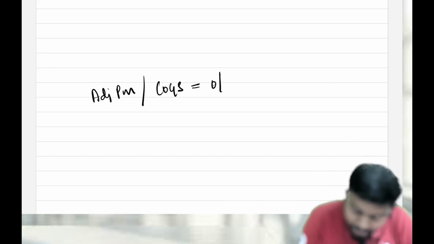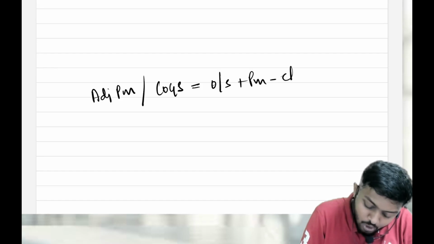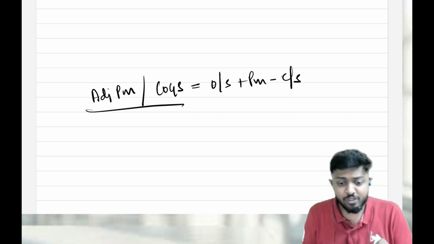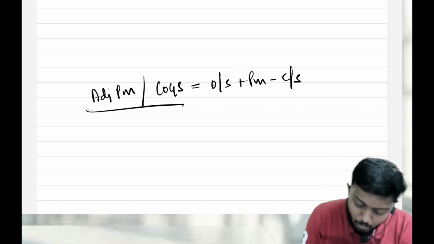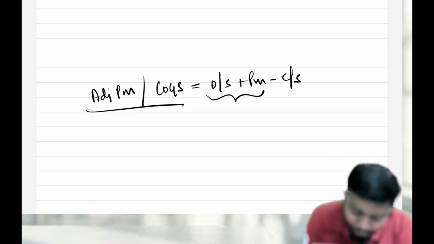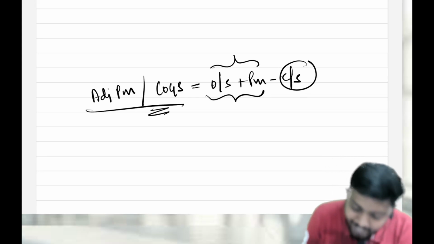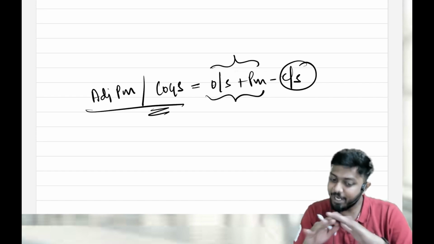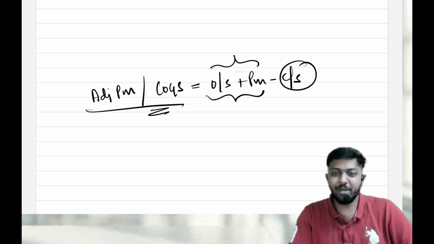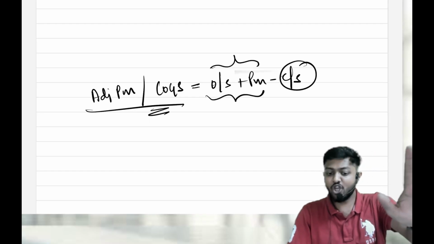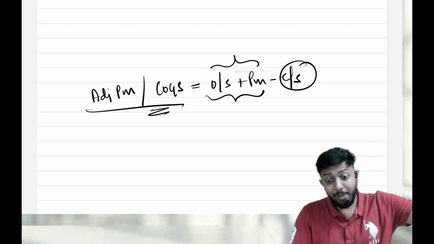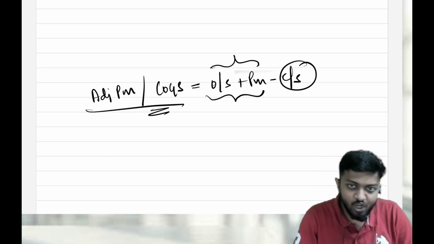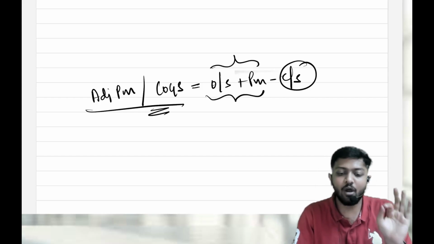COGS is opening stock plus purchases minus closing stock. Correct? Sir, why can closing stock come if adjusted purchases is used? Because closing stock is represented by opening stock plus purchases. But in COGS, from opening stock plus purchases, you have subtracted closing stock. Since you subtracted the closing stock, now opening stock and purchases are not representing closing stock. So closing stock generally cannot come to the trial balance, but if adjusted purchases or COGS is given in the trial balance, then closing stock can come. Are all of us clear?